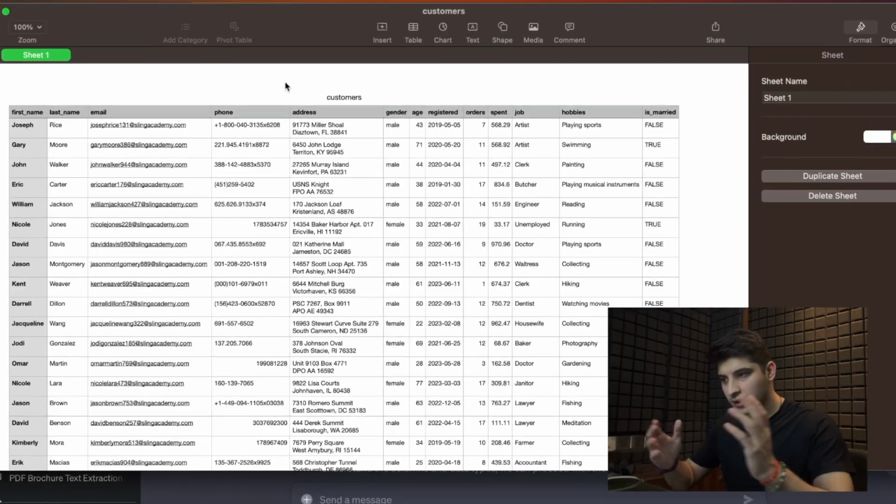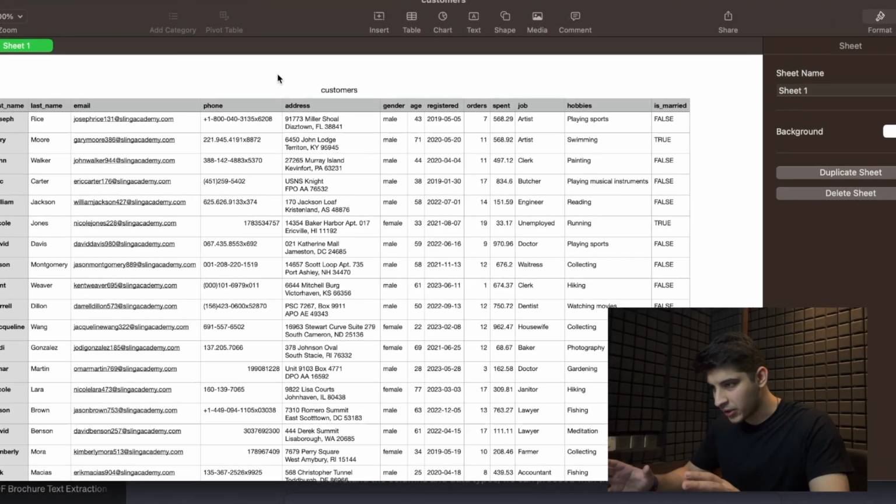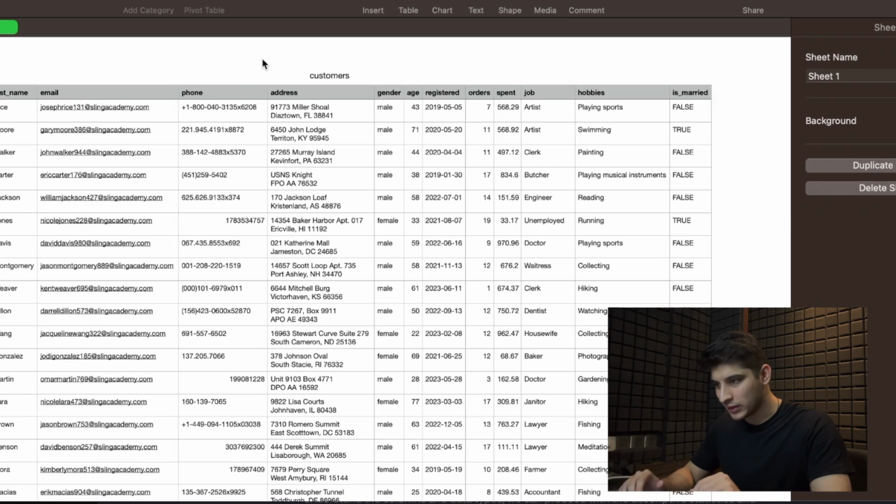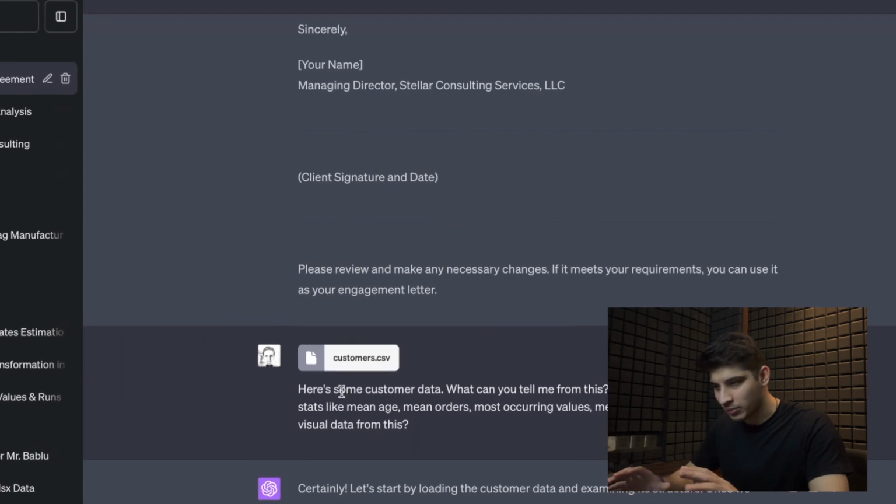In consulting and finance, Excel is a bread and butter. But what if I told you ChatGPT 4 can take your Excel game to the next level? From data analysis to generating insights, graphs, and charts, ChatGPT 4 can assist in making your data tell a story. So we have with us here a data set of customer information that I pulled from somewhere on Google. And this data set has a lot of customer details.